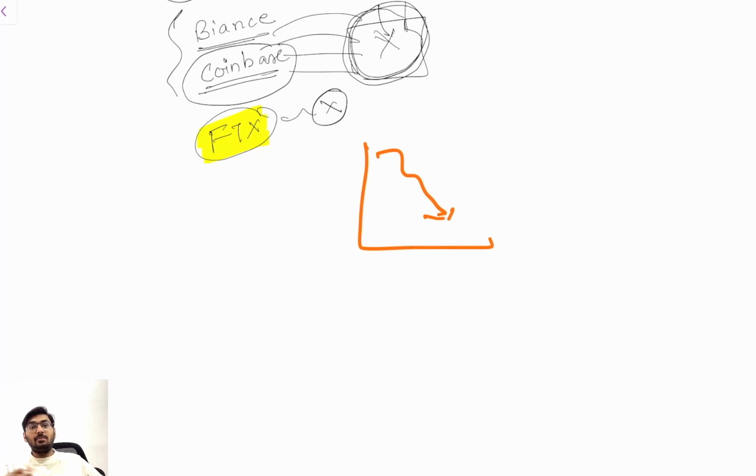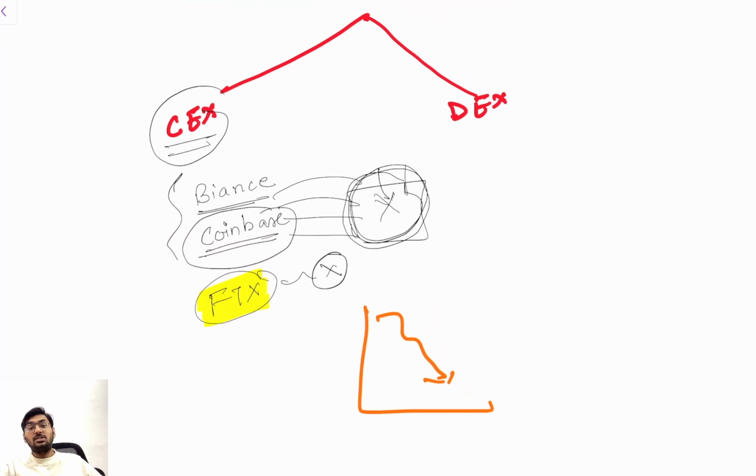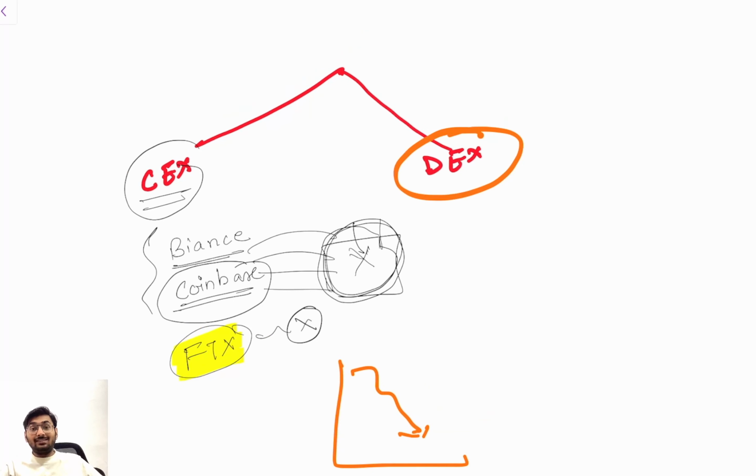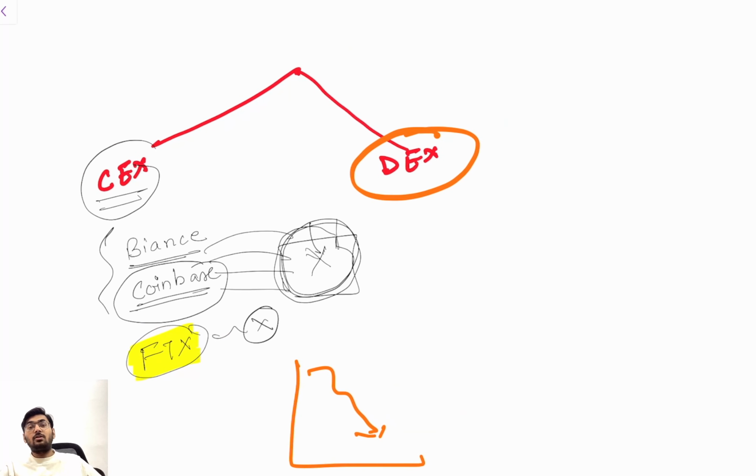See, it's not only millions. I am saying people lost billions in this exchange. So invest your money very carefully. Clear? Otherwise you will lose everything. Now the second is the decentralized exchange. Clear? These are not run by any company or any central authority.